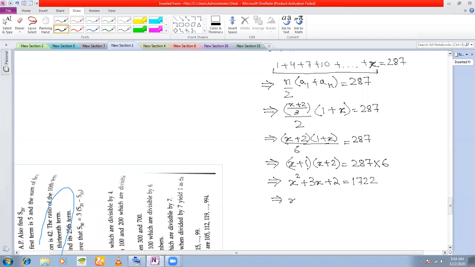Okay, so x square plus 3x, if you take 1722 to the other side, you get minus 1720 is equal to 0. And now we simply need to solve this quadratic equation. Now how do you solve? You need to factorize